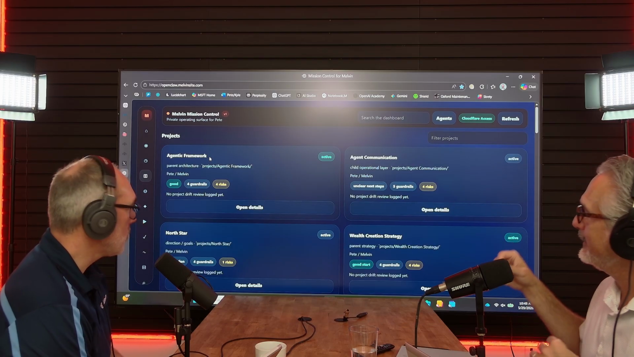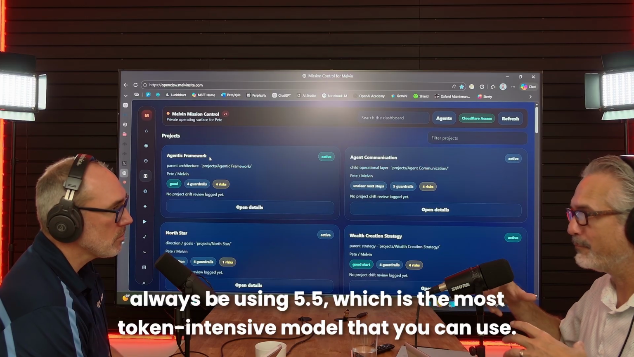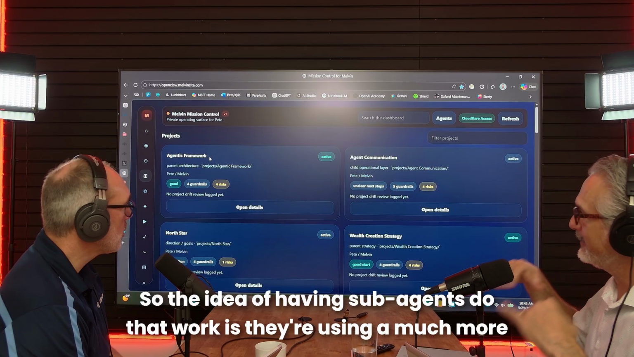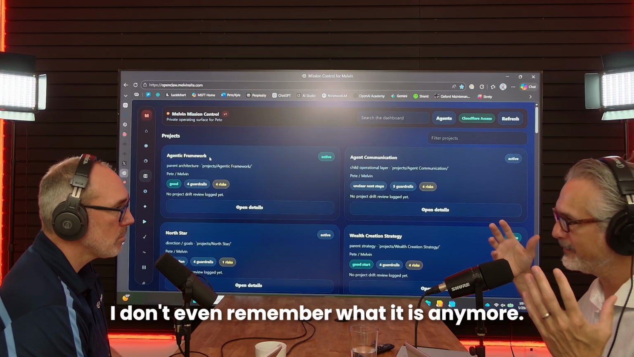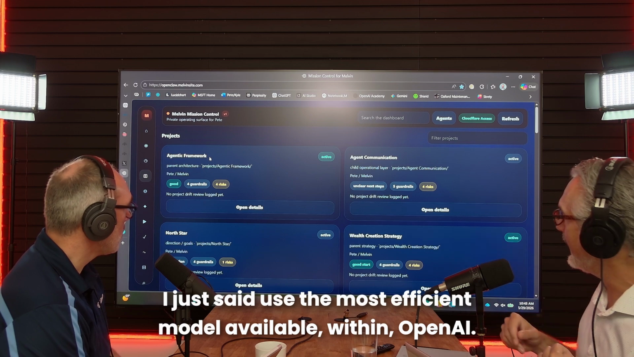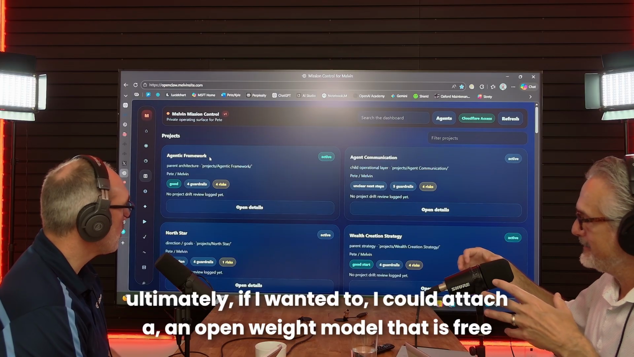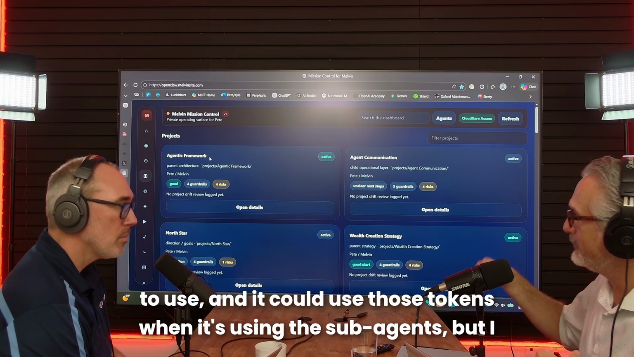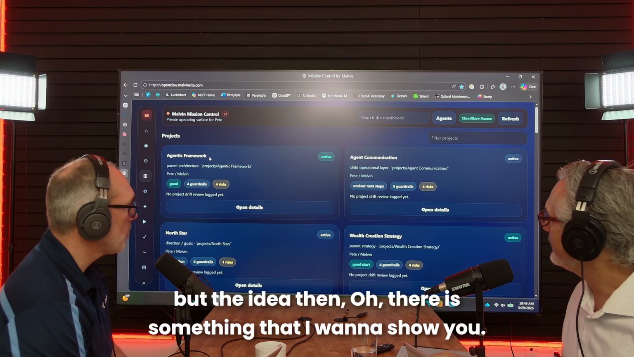5.5 right now. But if Melvin did all the work that I asked it to do, it would always be using 5.5, which is the most token intensive model that you can use. So the idea of having subagents do that work is they're using a much more efficient model, which is whatever. I don't even remember what it is anymore. I just said use the most efficient model available within OpenAI. Ultimately, if I wanted to, I could attach an open weight model that is free to use, and it could use those tokens when it's using the subagents, but I haven't set that up yet. But the idea then,